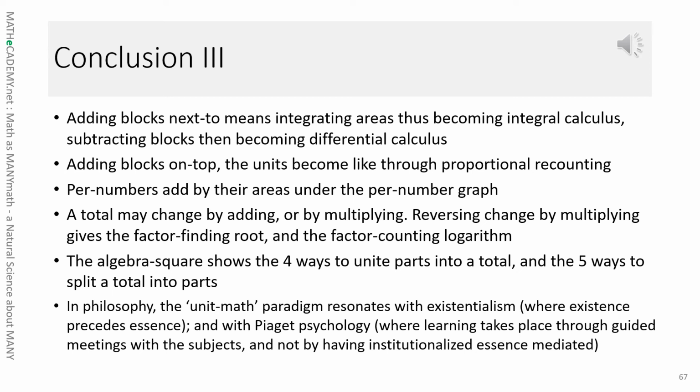A total may change by adding, or by multiplying. Reversing change by multiplying gives the factor finding root, and the factor counting logarithm. The algebra square shows the 4 ways to unite parts into a total, and the 5 ways to split a total into parts. In philosophy, the unit math paradigm resonates with existentialism, where existence precedes essence, and with Piaget psychology,